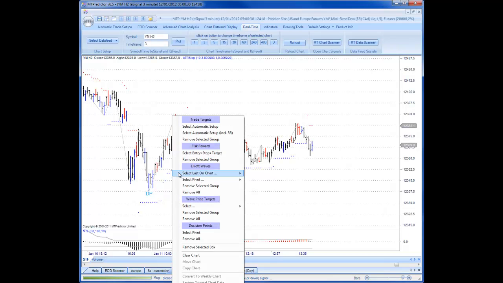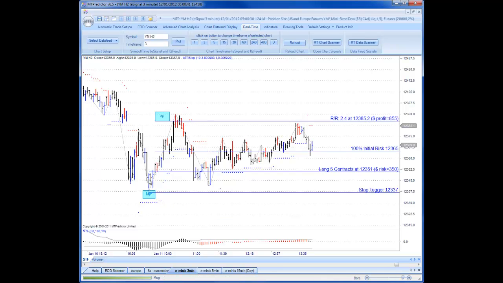So let's put the analysis on. It's really easy indeed. You can see here the market did indeed go up to the first target, where it would have been stopped out for a nice plus 2.4R. So a good result on the